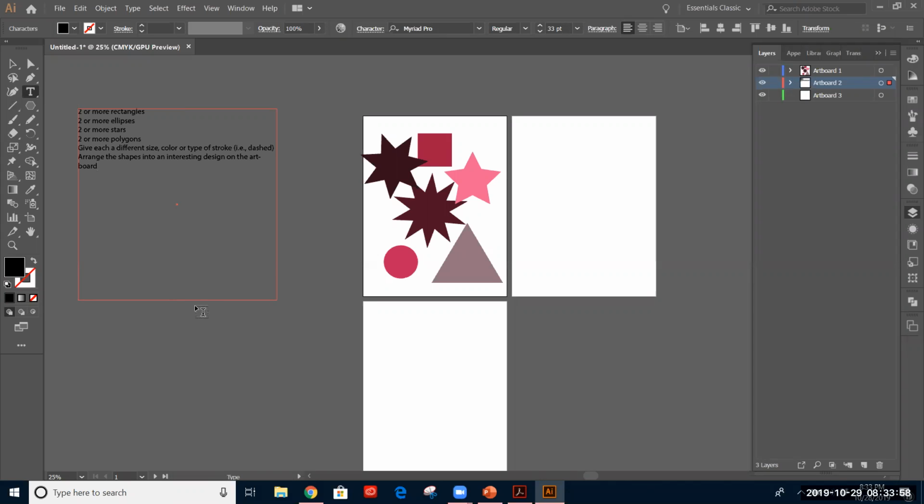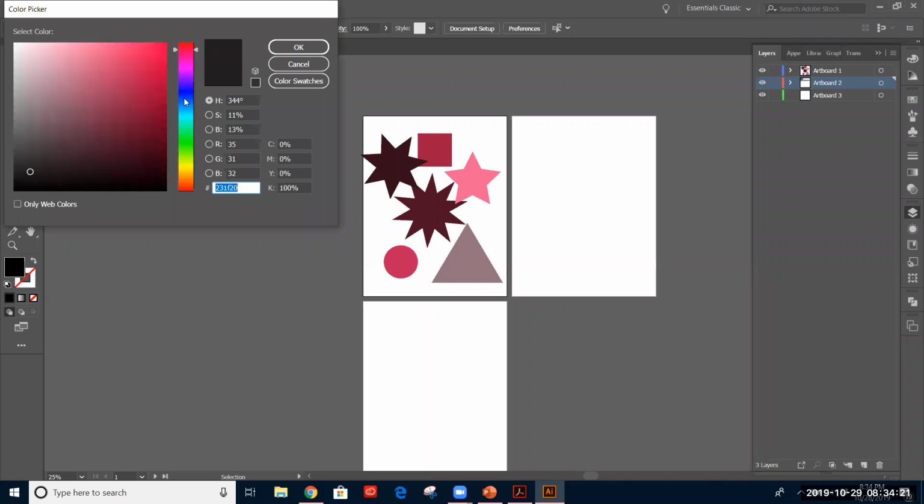All right, that's fine. So what I'm going to do is to create a picture, okay? Because I can use as many shapes as I want as long as I have 2 or more rectangles, ellipses, stars, or polygons. Polygons can stay a polygon. A polygon can turn to a different shape, size. You can change it into a triangle, but as long as it's a polygon, it doesn't have to stay the same shape, okay? So first things first, I'm going to take,